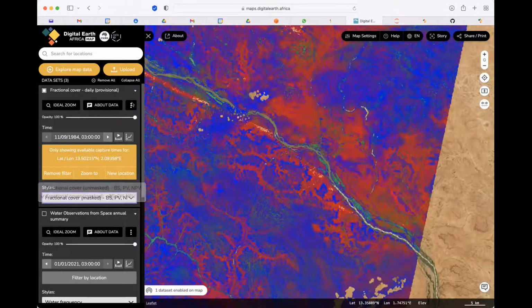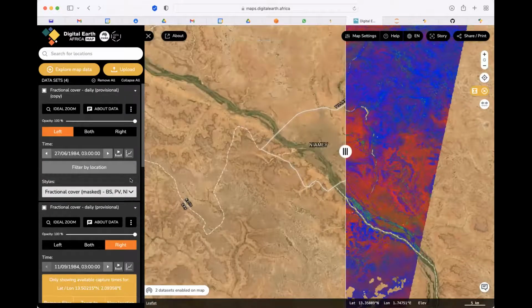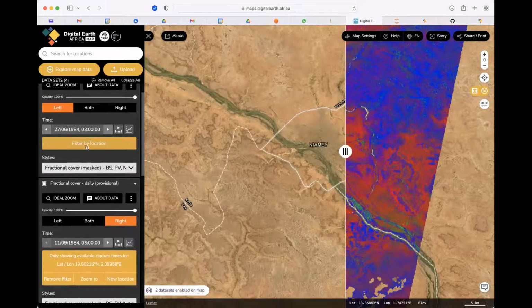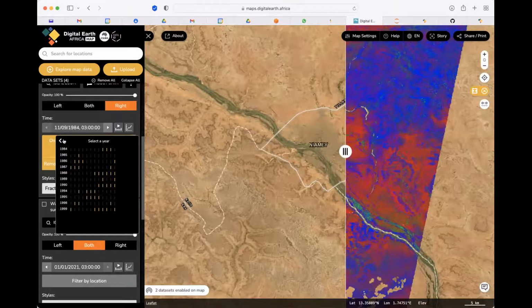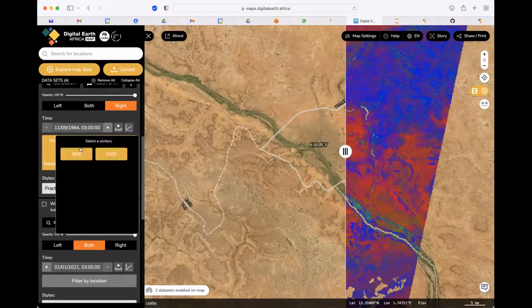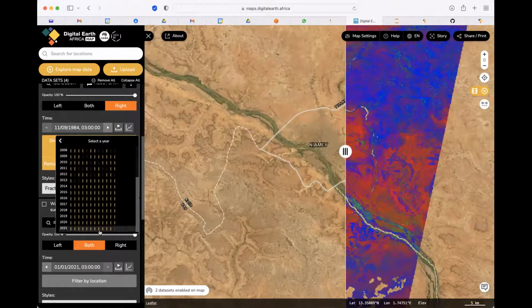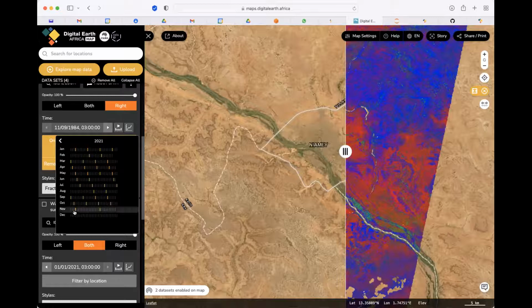Or before then, we can also do a comparison of the same, because why not? So I have two products, 84, and coming back to where we are in the 2000s. It's a very good product to see how the landscape has changed over time.